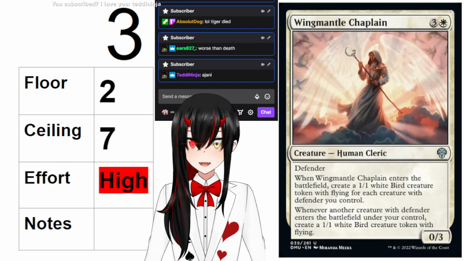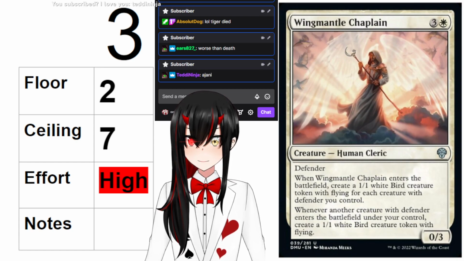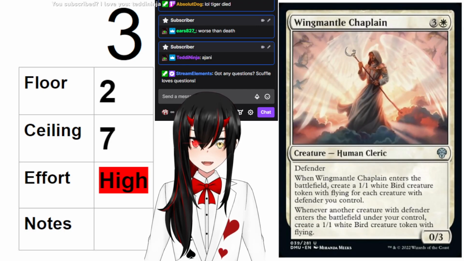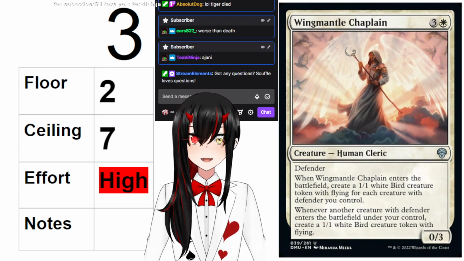All right, very last card, Wingmantle Chaplain. This card is bad by itself. However, it is the payoff for the Defender deck. Hang on. So, 4 mana 0/3 makes a 1/1 white bird for each Defender. It turns 100% of your Defender creatures into Defender creatures plus a white bird,